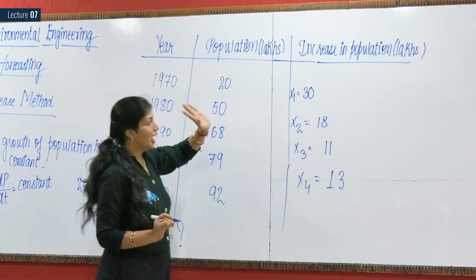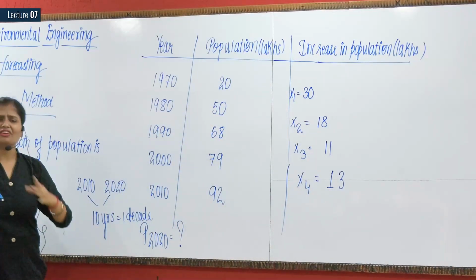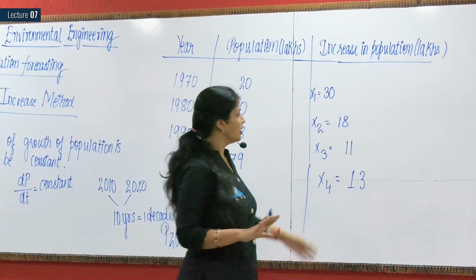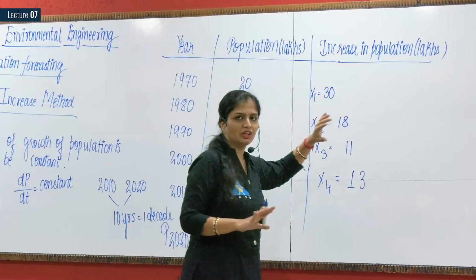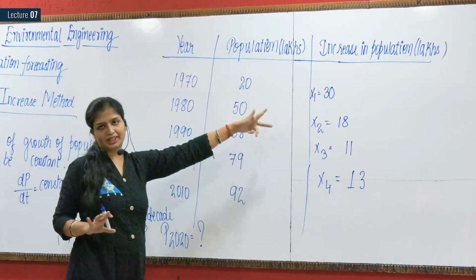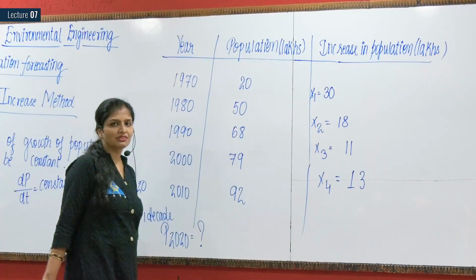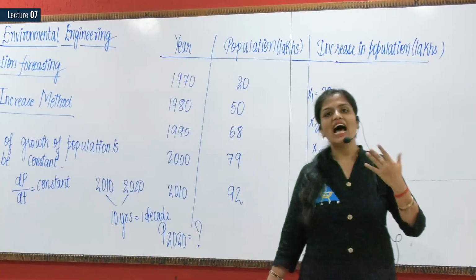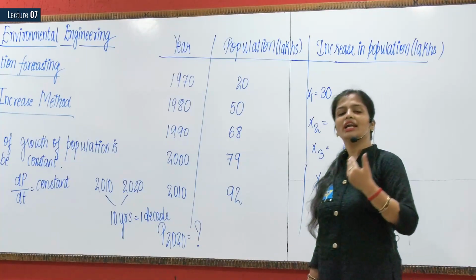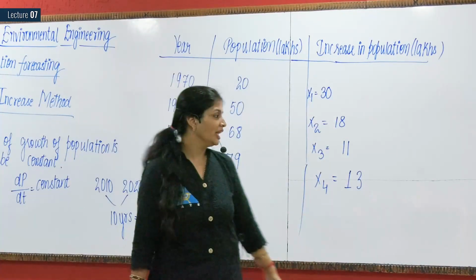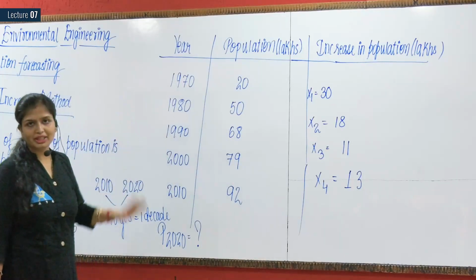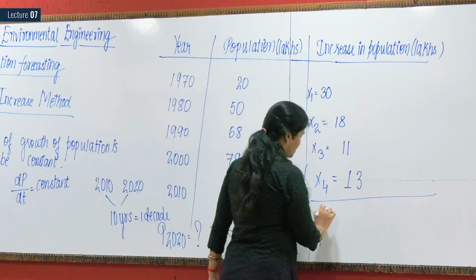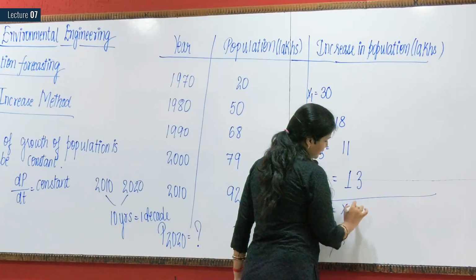I have calculated it. Now I want to know, on an average basis, what was the increase in population? I told you there was an increase in population every 10 years, and I have calculated it for you. But now I'm asking you, tell me the average increase in population. On an average, what is the increase in population in all the years which have been given to you? So you'll say simply, ma'am, if you're asking for average increase in population, we'll add this increase in population